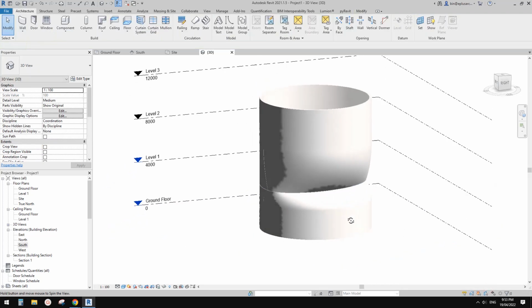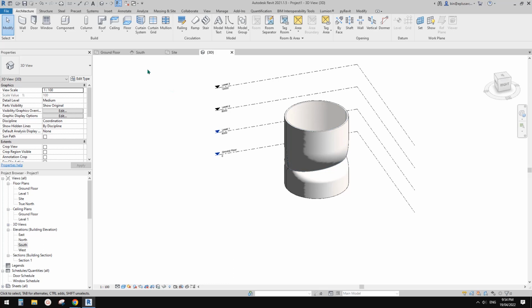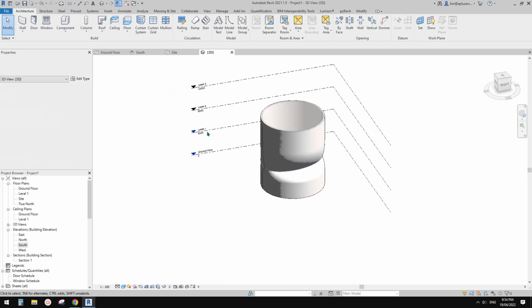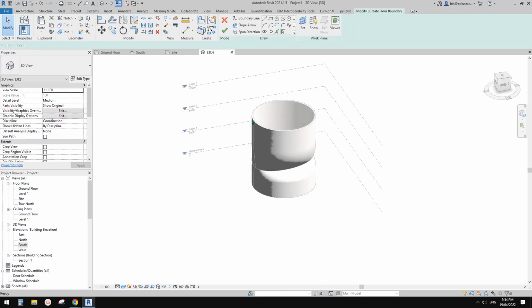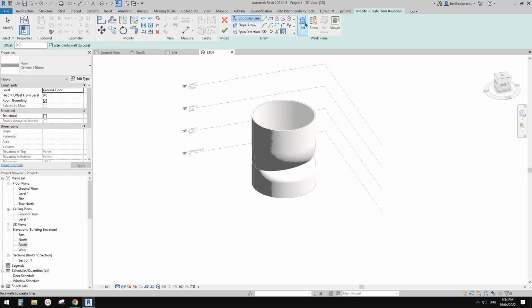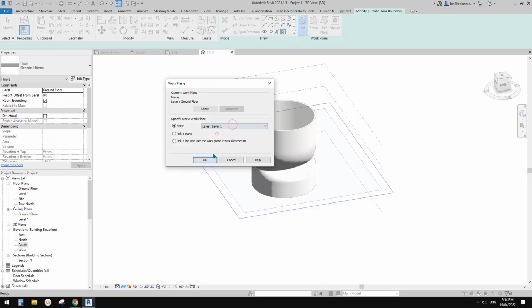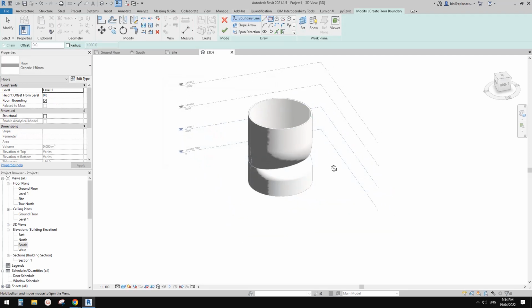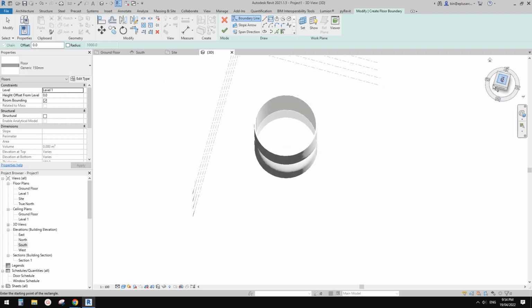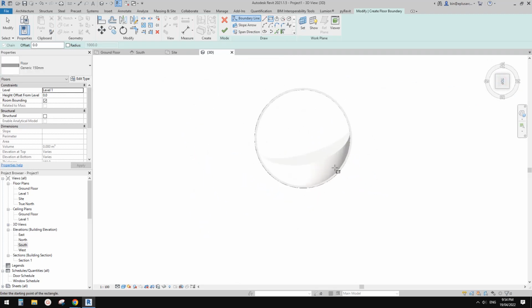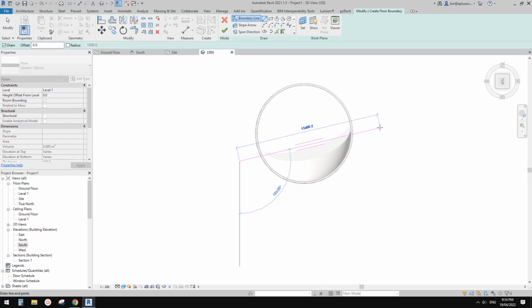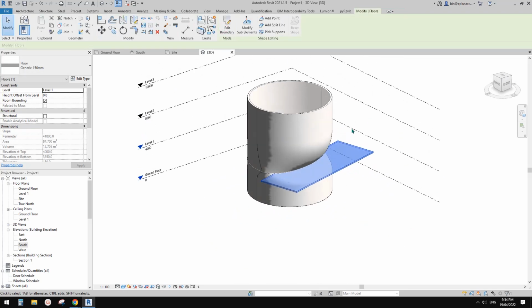Okay, and then we can place a floor on the level 1. So floor, set work plane onto level 1, and we can create a floor. So I'll just go to the top view. Oh, it's on angle. That's fine. Let's just model this wall. Oh, sorry, floor, and that's it. Okay, so